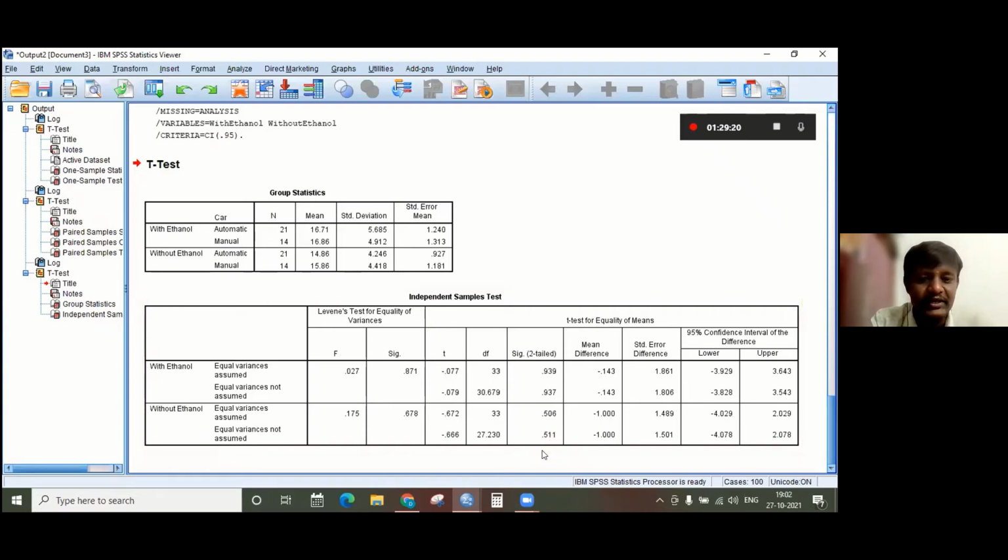Here we are not going to consider these significance tails and all. Simply, we are going to compare the mean values of the two different variables. This way we can make use of an independent sample t-test for analyzing the data given to us. Now we have come to the end of the session. If you have anything to be clarified, we can do it now.